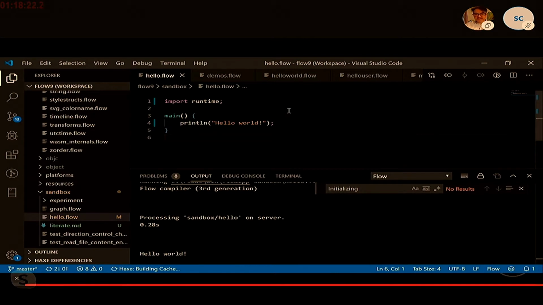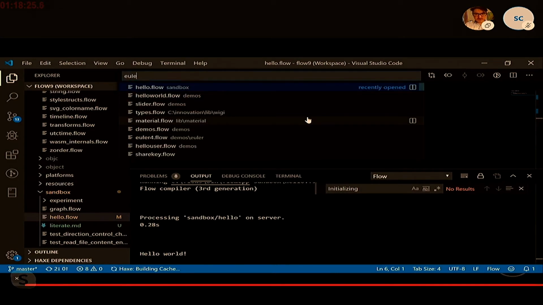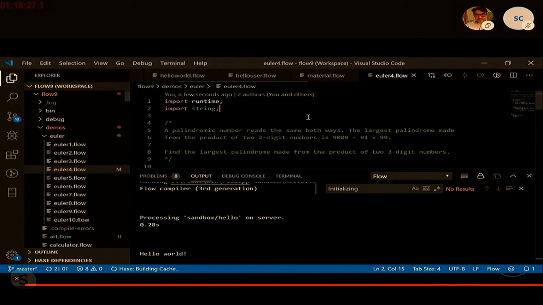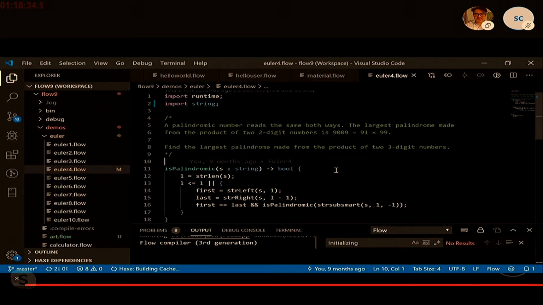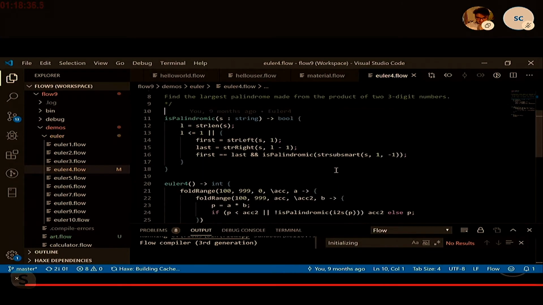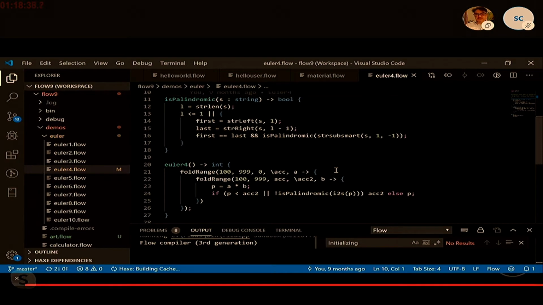To see a different example, let's try to open this program. This is one of the Euler problems. There is a website where you have a bunch of programming challenges, and this is one of them. This program is trying to find two numbers. When you multiply them together, the result is a palindromic number, meaning it's the same backwards and forwards. You don't have to read it, but I just want to give you a sense that